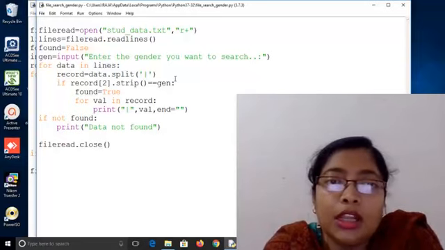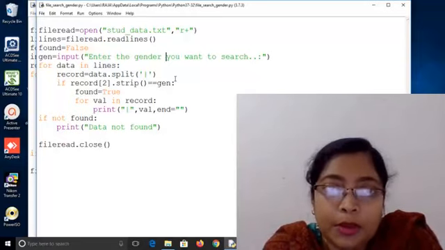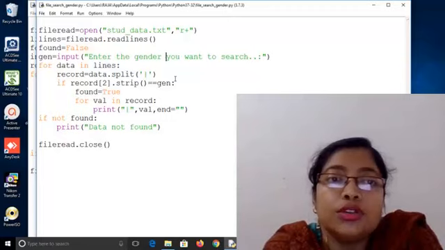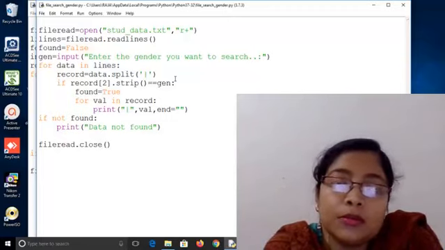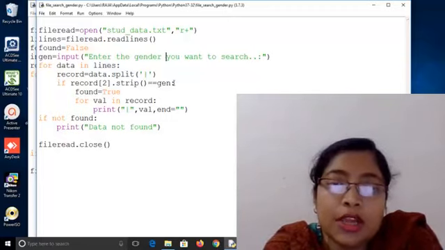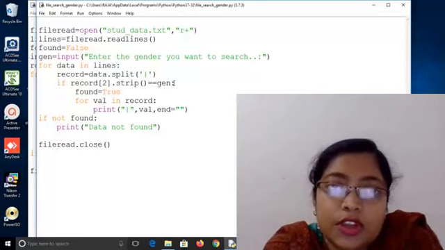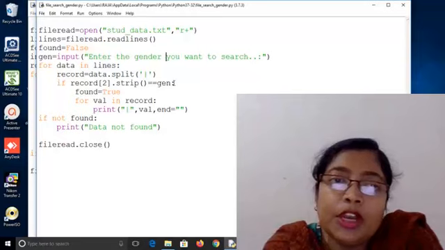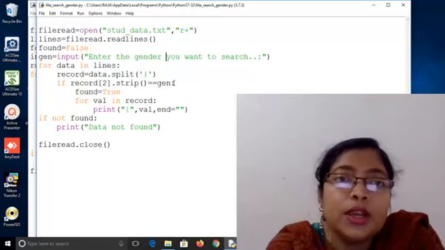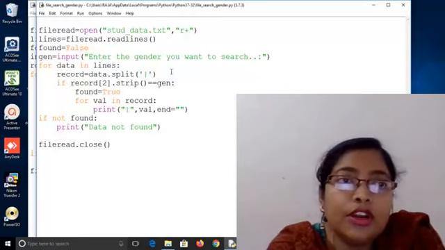For male that will be M, and for female that will be F. If the inputted gender is male, only the male records will be found. If the inputted gender is female, only the female records will be found. So let's see what I have done.